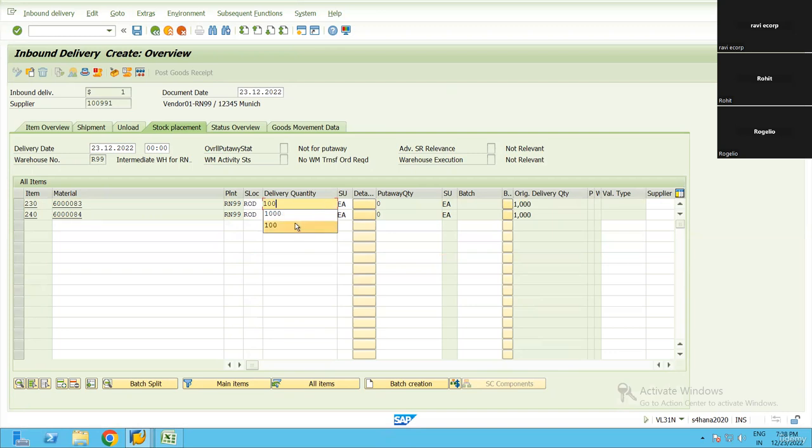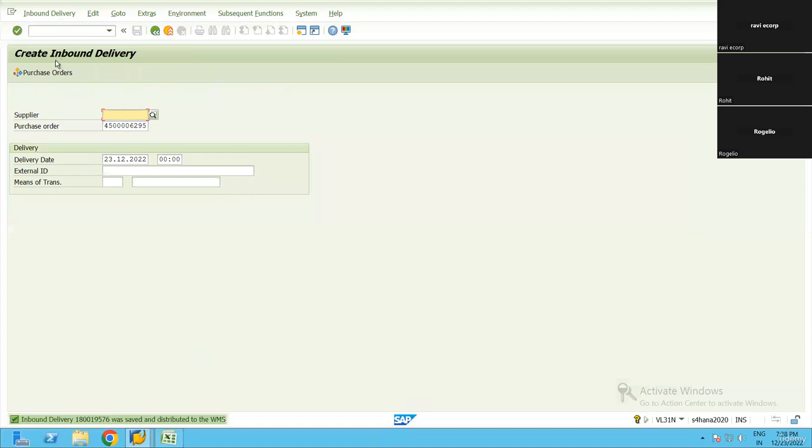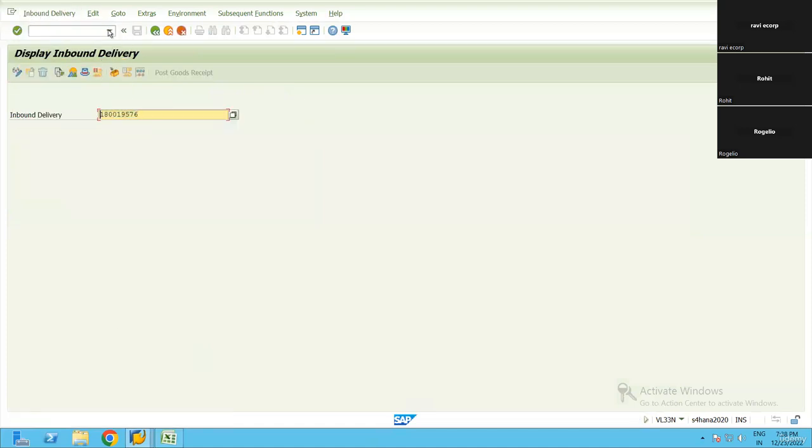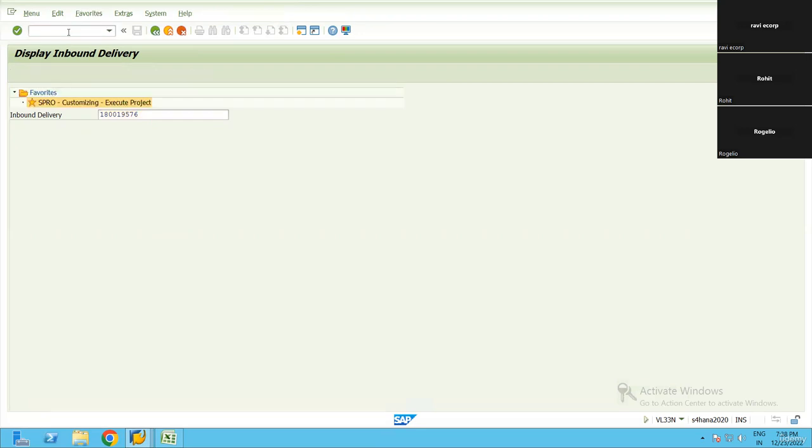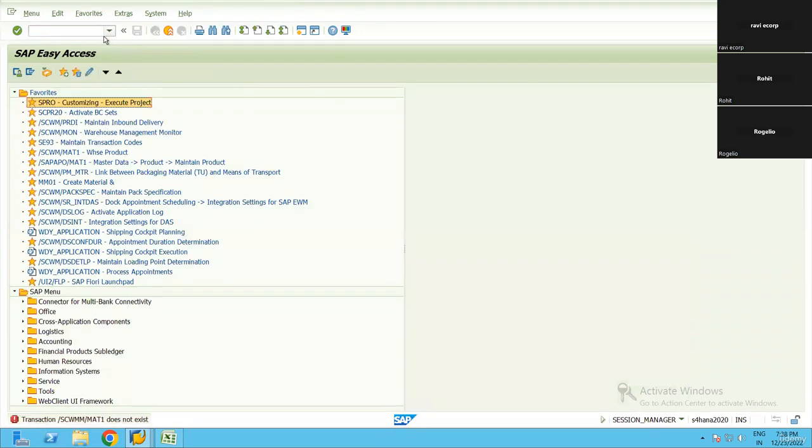I'll receive 100 eaches in ROD, distribute to EWM. And before I perform all the activities, let me also maintain the indicators in MAT1